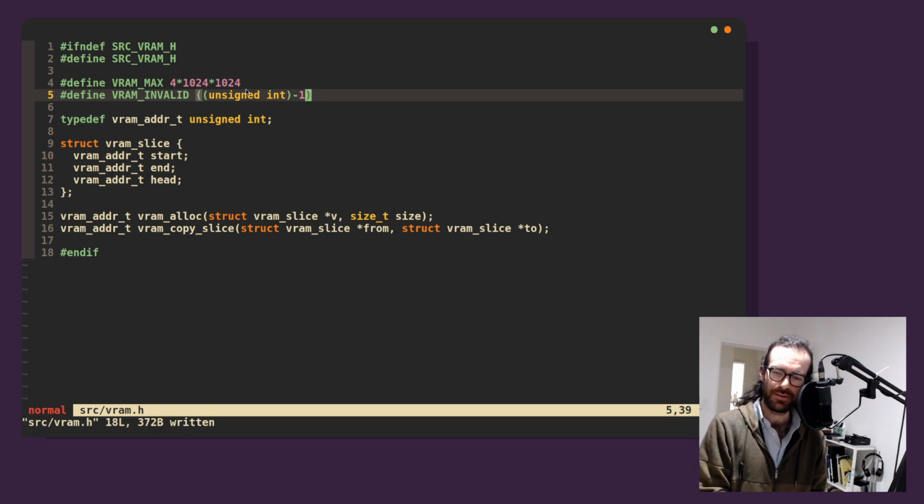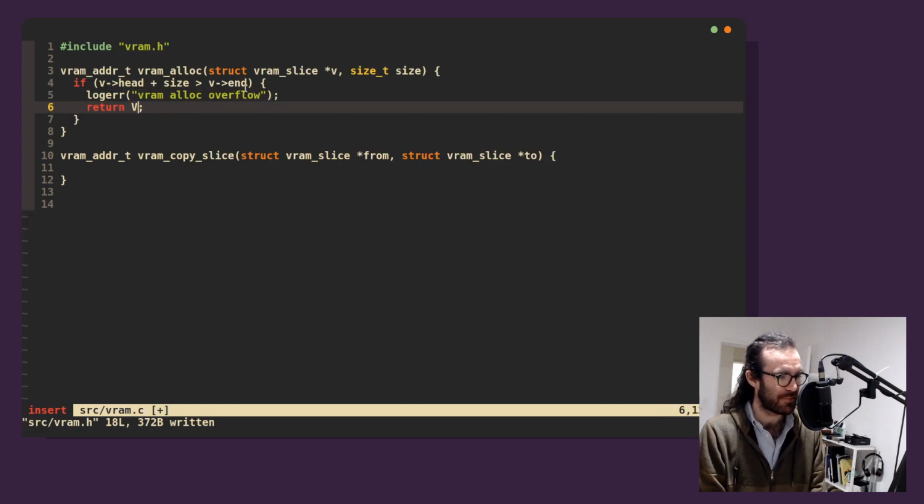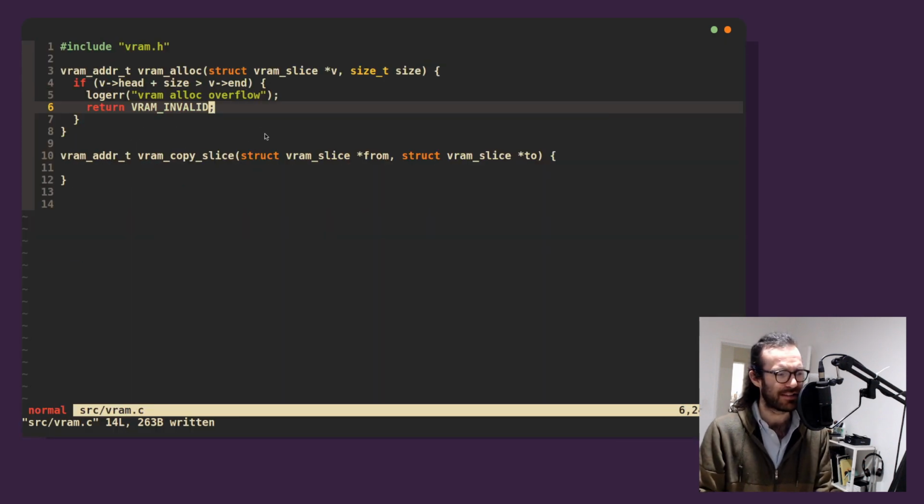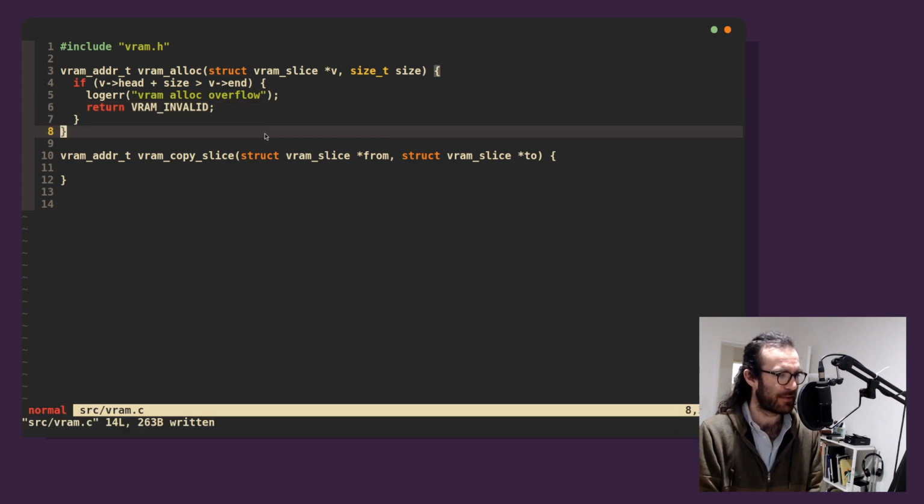Can I turn -1 into an unsigned int where it just overflows to the biggest value? We'll return this magic VRAM invalid, because we're never going to have a VRAM address that is a maximum 32-bit int. That's very silly. So maybe we'll do it like that. Maybe this could actually... How big is